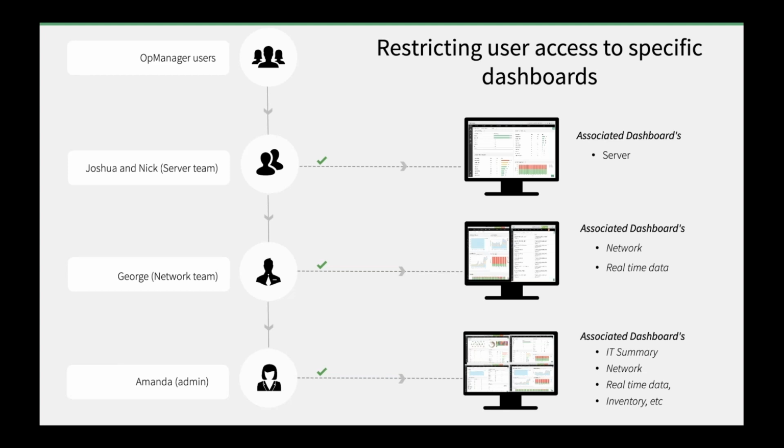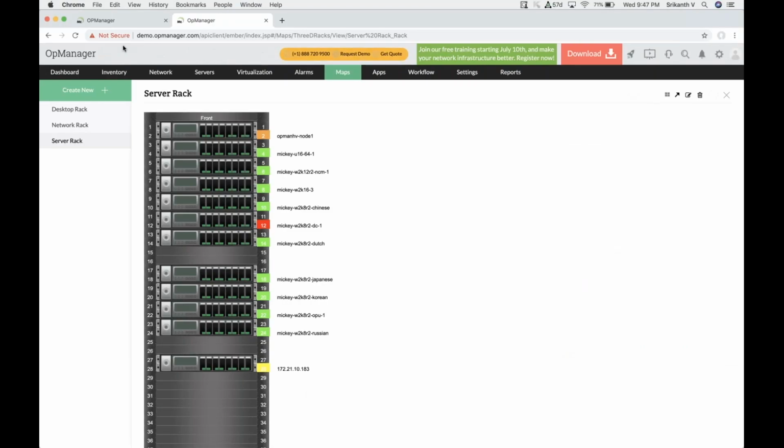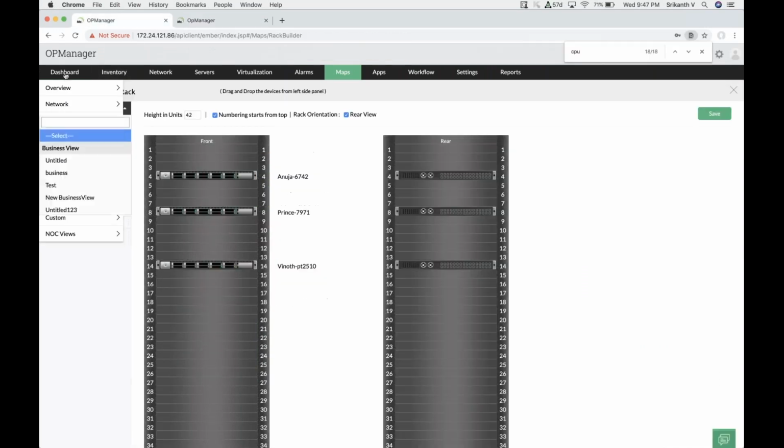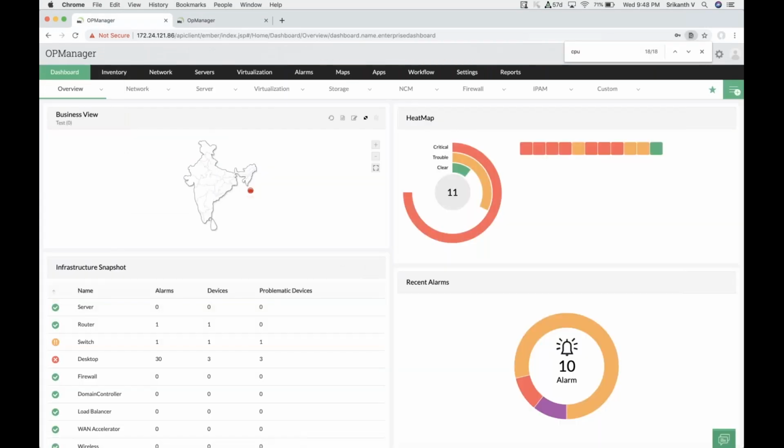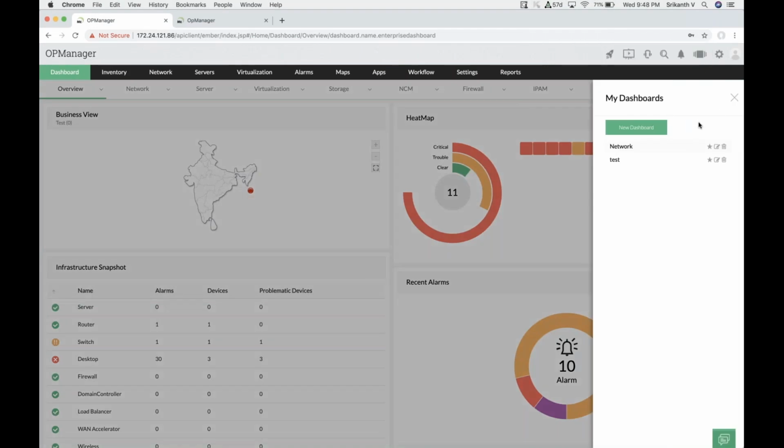So let me show you a dashboard which we will create for network devices alone and will provide access only for the network team. In order to create a dashboard, you just have to click on this dashboard icon, where you have an overview, network, servers, multiple available. For creating a custom one, you just have to click on the dashboard and choose new dashboard. Then you provide a name, which is for network admins,